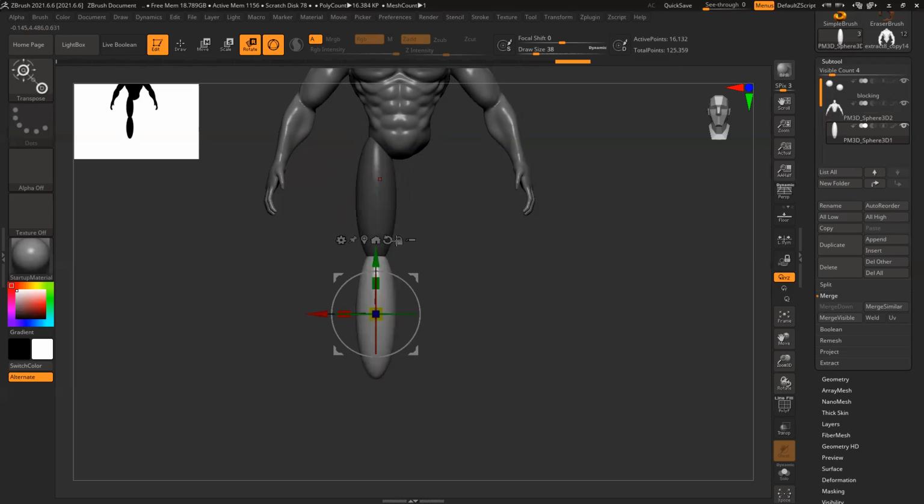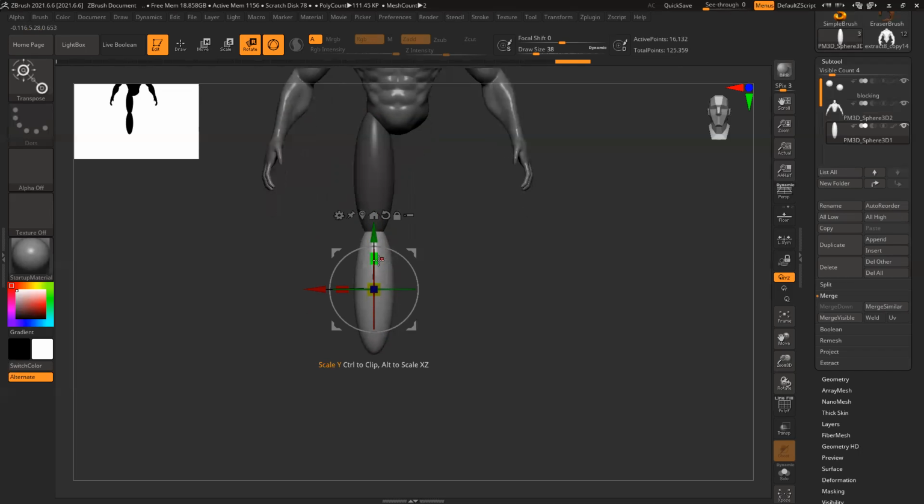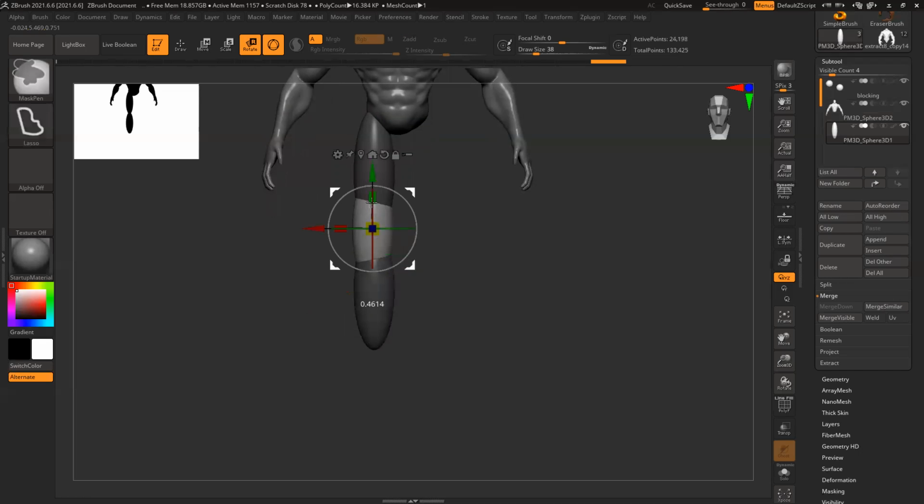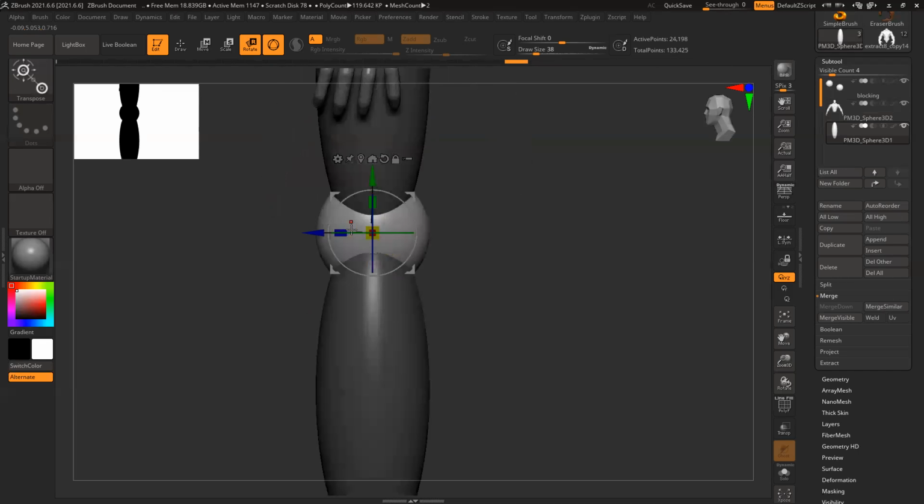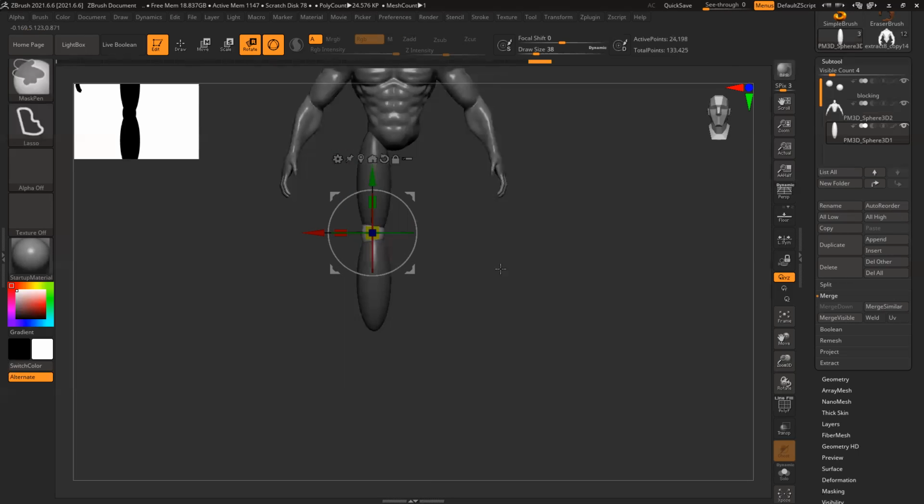Thighs are slightly longer, and your lower limbs, its shin area, is slightly shorter, and in between you have the joint, the joint of the knee.